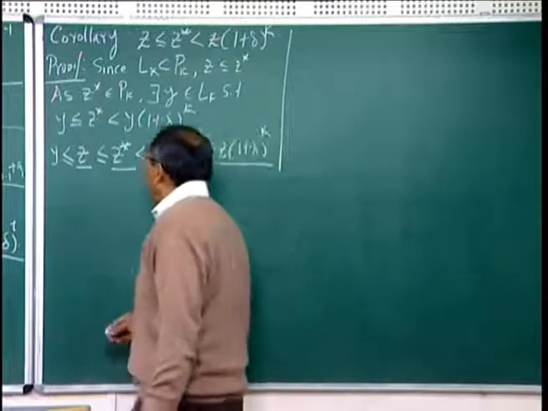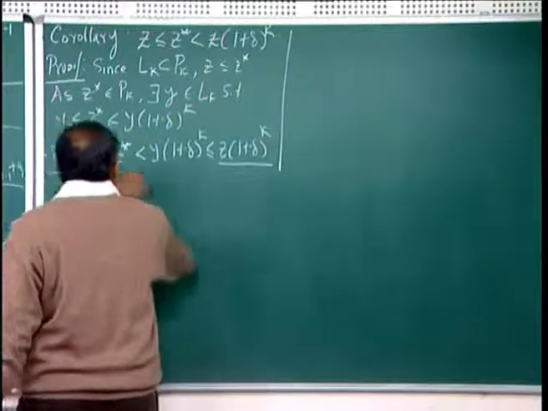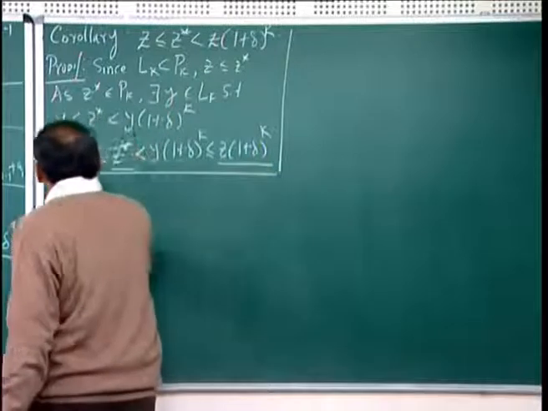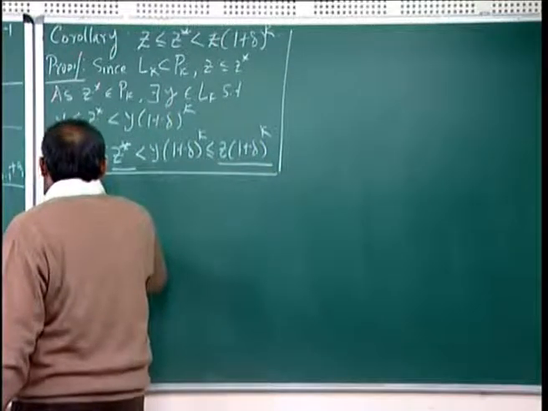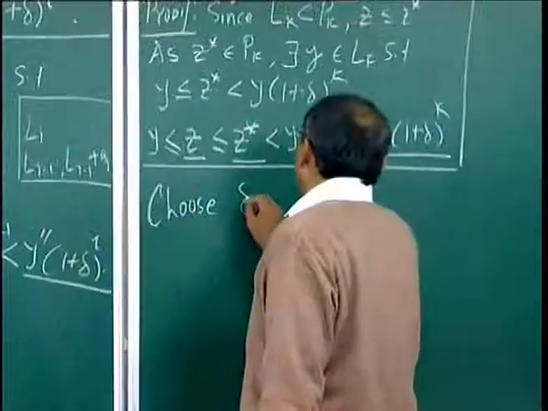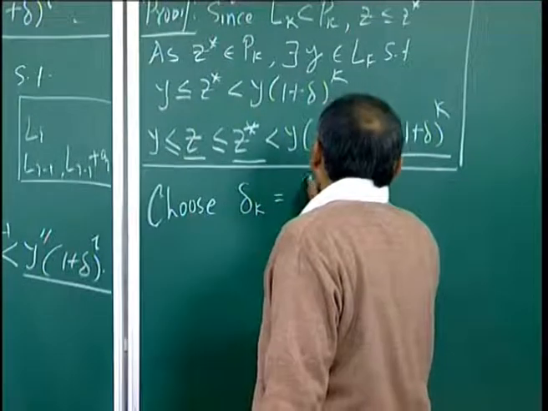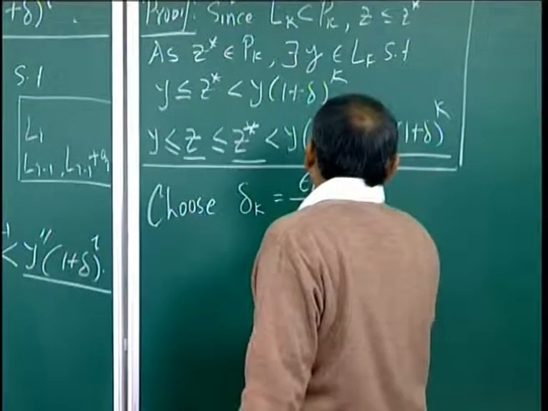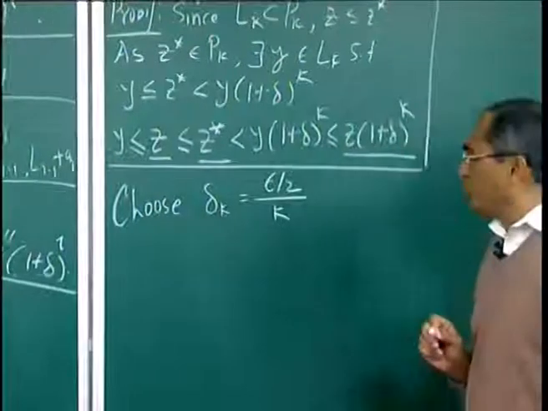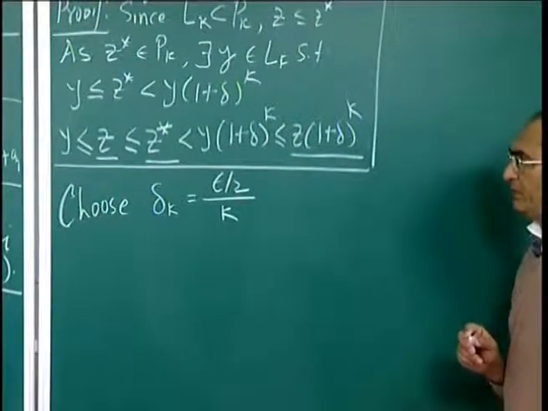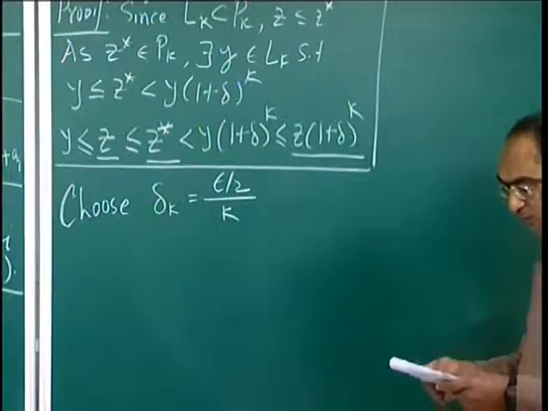Okay. So, after this, let us choose delta k equal to epsilon by 2k, and then we are going to use some